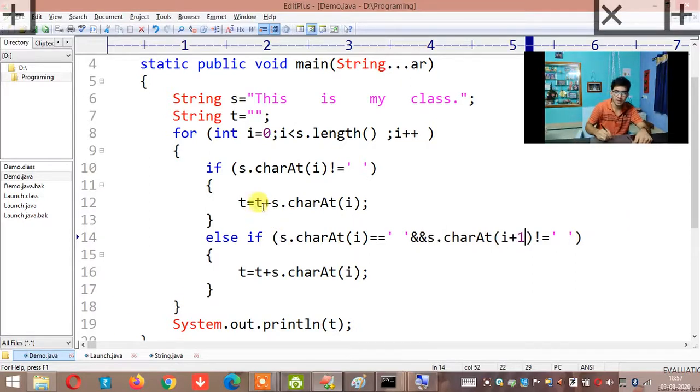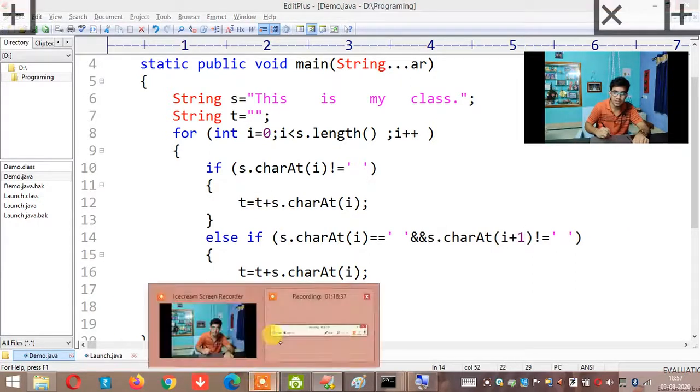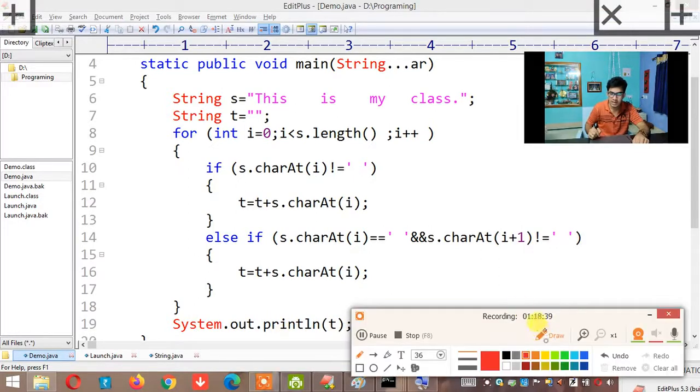So let me trace how it is working. What you have to understand is where your i is currently. That is very important. So now I'll tell, initially my i value is here. S dot character of i. I'll write my string T here in the cross manner. Okay, this is our string T. First it will compare: what is S dot character of i? It is T. Yes, T is not equal to space. Whatever is not equal to space, I am adding it. Agree? Yes. H, I, yes, I am adding it. All of them, I will come here, I will come here, I will come here.